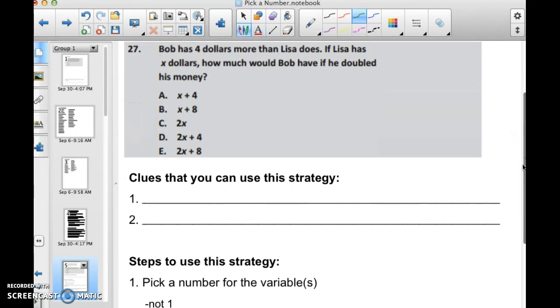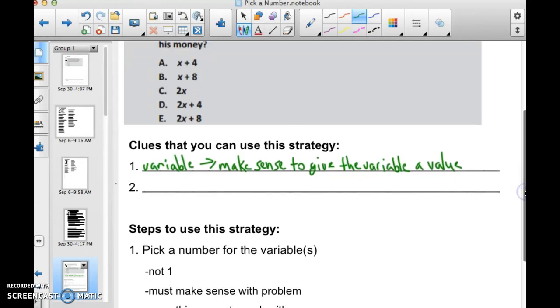There is a variable with an unknown value, and it would make sense to give this variable a value. Or it might be helpful to give that variable a value. Then the next clue is that answer choices